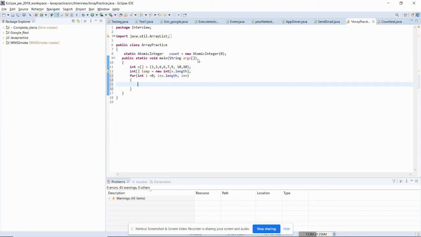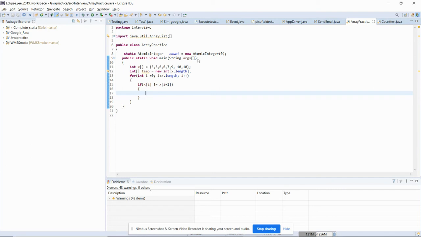So first of all, I will compare my first element to the second element. So I will say that if x of i, means the first element, I will compare to the next element. If they are not equal to the second element, means i plus 1, then I will put this one in my temporary array.